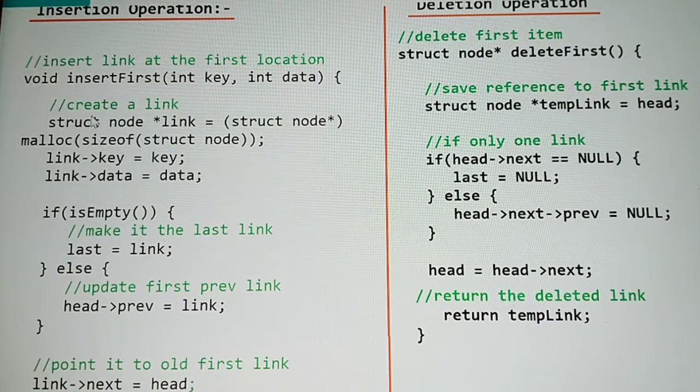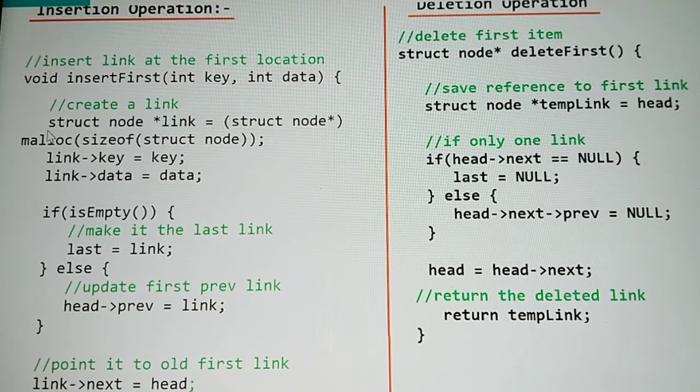We are working with the linked list, so the most important thing is that all of the data will be connected with links. In my previous video I also discussed linking and all of those things, so please see my past two videos. Link is the most important thing of a linked list.